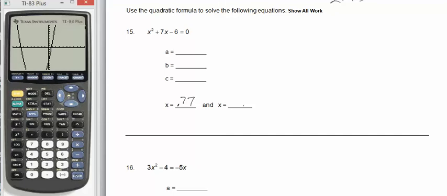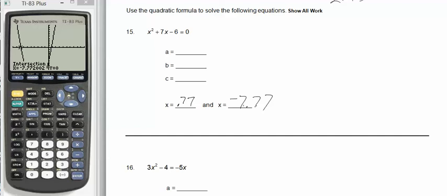I wonder what happens. Well, that's interesting. I wonder if that works. Enter, second, calculate, intersection, and we have to move this over. And enter, enter, enter. And the answer is negative